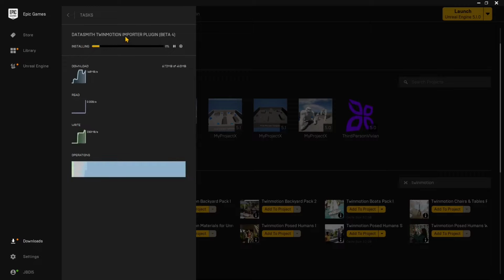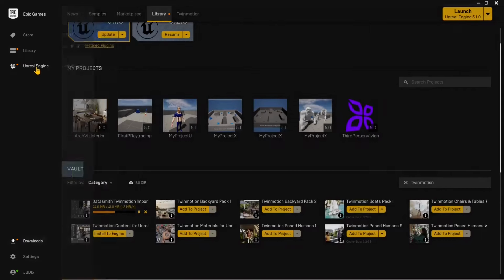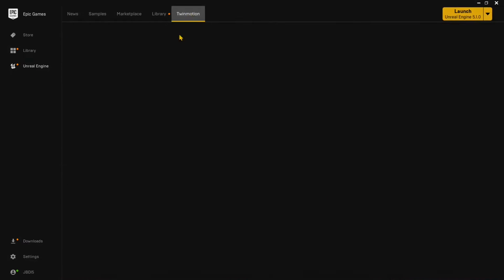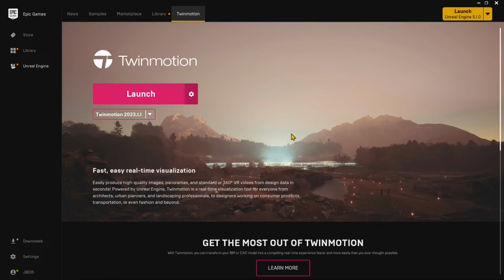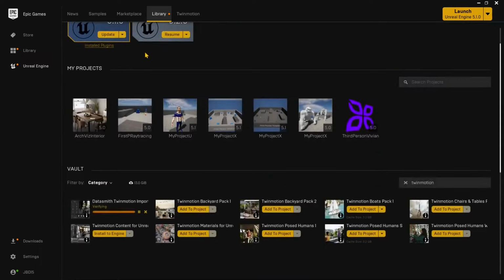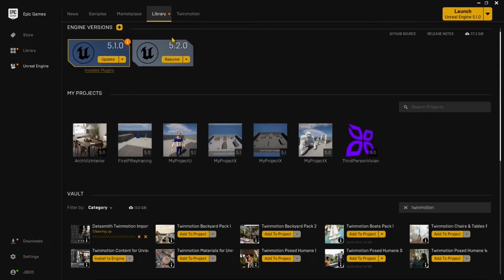And this is a beta version, by the way, so it's not definitive. So it could have things that can be adjusted and fixed in the future. You can see it's not heavy, so I just need to wait a few seconds. And so you can see just how you can launch Twinmotion. From here, you can download it in various versions: trial version, educational version, or commercial version. You can also download Unreal Engine and launch the engine from here, or you can update, you can install,